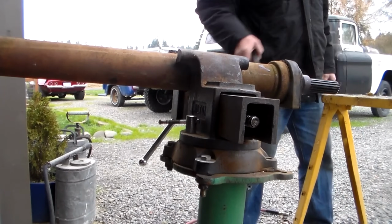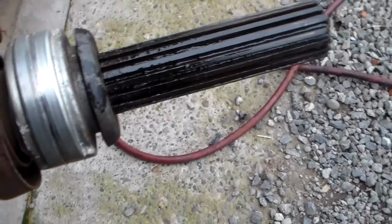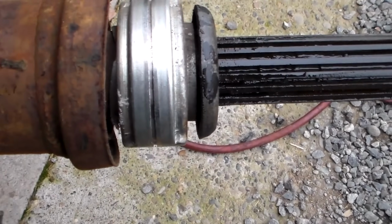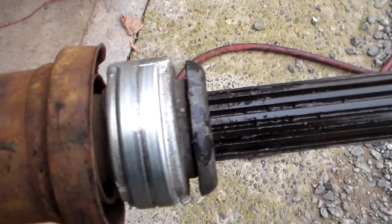Whew. Alright, we're gonna take a break. Well, I learned a couple things. One thing is, I'm not going to get this off without damaging it. It's just too pressed on there and been on there too long. But I did use that rubber piece,